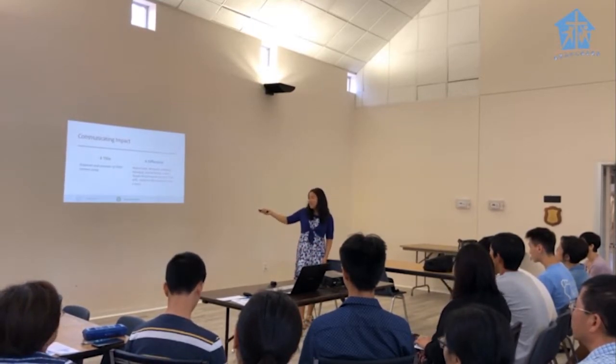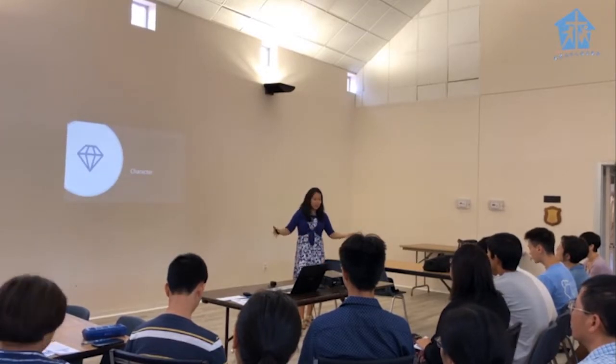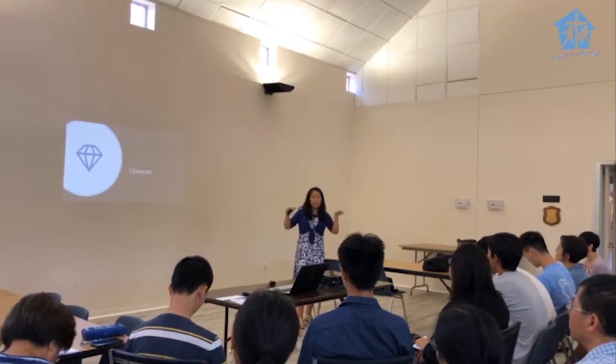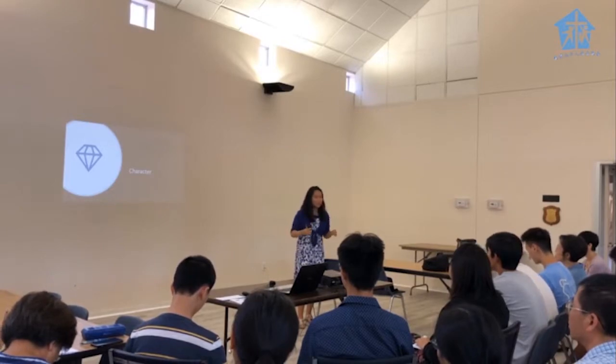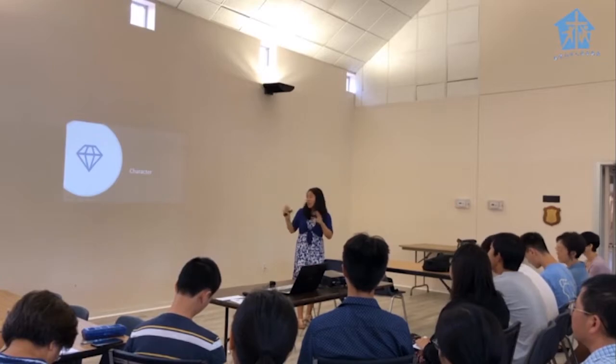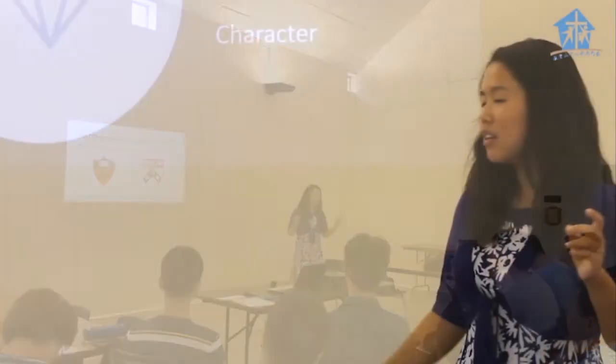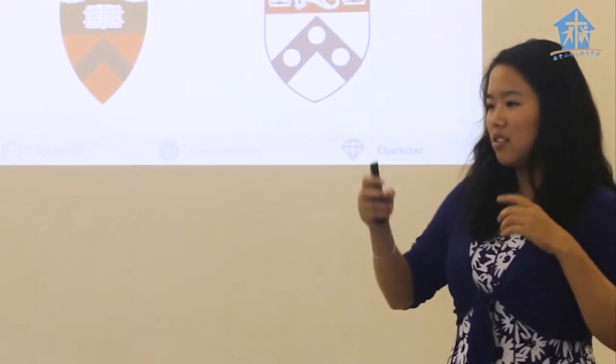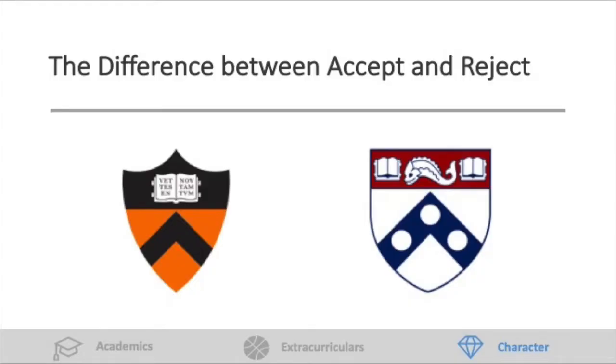Okay, so now that we've talked about academics, the big base, the well-roundedness, then we talked about extracurriculars, kind of a little bit more distinguishing, a little bit more time, and a little bit more choice in that. Finally, we'll talk about character. How can you convey yourself as a person? I'll first talk about interviews, and then I'll talk about letters of recommendation, and probably talk about the essay, which is probably the most important part, where you get to control. We'll save that for the very end.